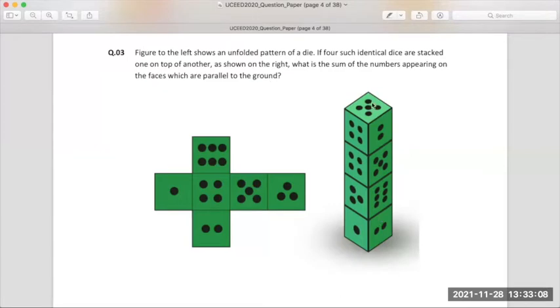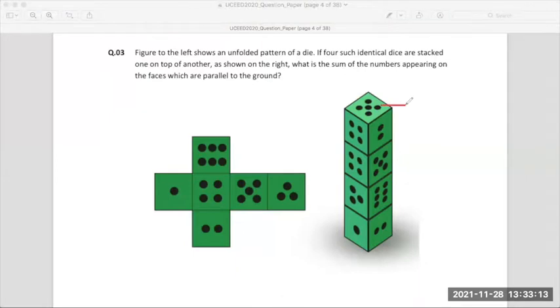What you have to do is, let's start with dice 1, which is kept on the top. On top we know number 5 is there in dice 1. At the bottom, opposite to number 5, which number will come? If 5 is placed here, 4 and 1, 4 and 2 are on the sides, so number 1 will come here. 5 and number 1. Somebody said 1 also. I don't know who said. Yeah, ma'am, I did. Thank you so much.